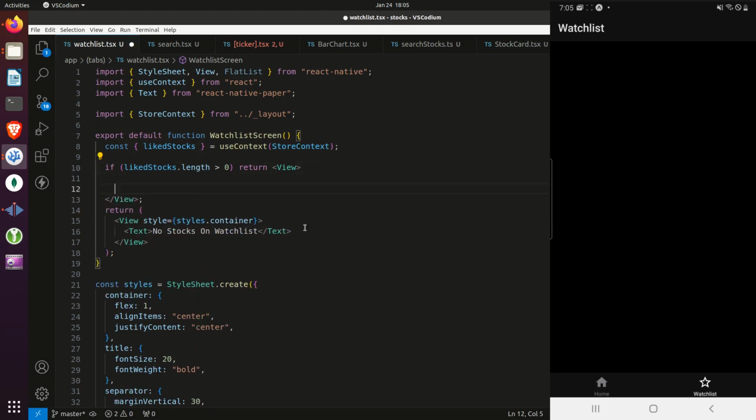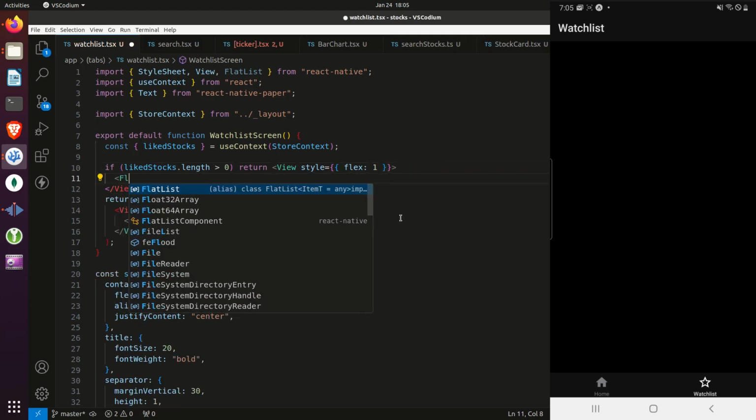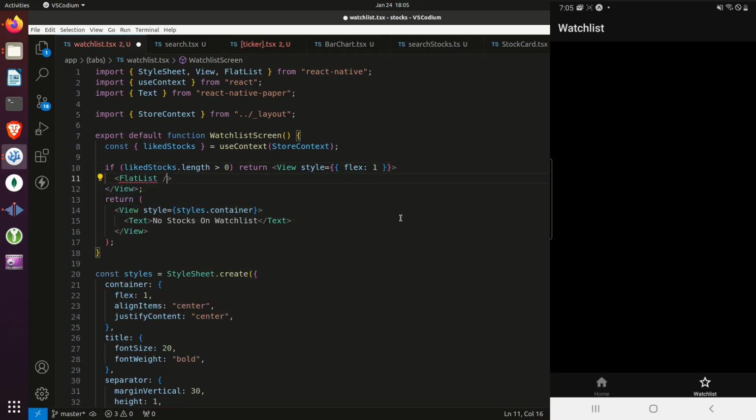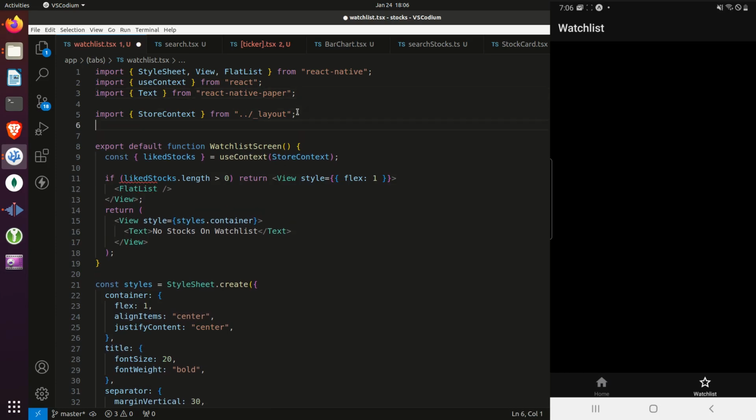And for this, make sure to give it a style where the flex is 1. And then we'll return a FlatList. And the data for this FlatList, well, we're going to need the stocks from data. So import stocks from data,